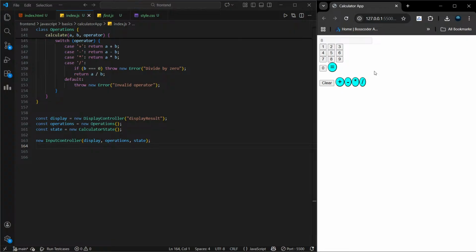बिल्कुल। अब तुमने स्टेट को अलग करके और इनपुट, ऑपरेशंस, डिस्प्ले को अलग अलग हैंडल करके एक प्रॉपर फ्लो पा लिया है। अब तुम्हारा कैलकुलेटर स्टेटफुल, मॉड्यूलर और प्रेडिक्टेबल है। अब यही स्ट्रक्चर तुम आगे भी यूज कर सकते हो। गुड जॉब।